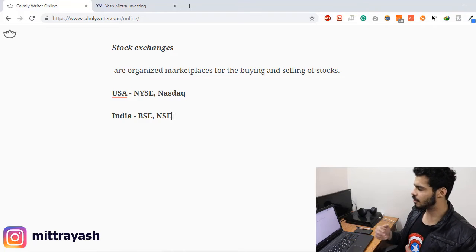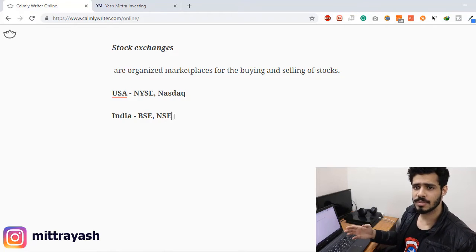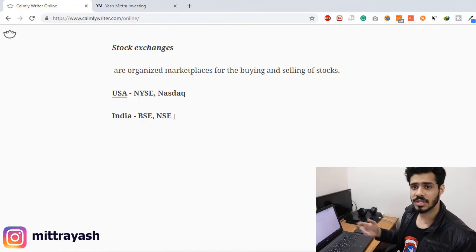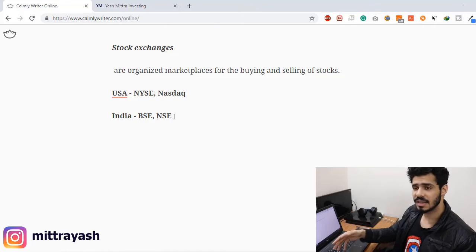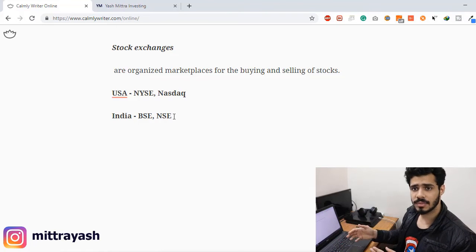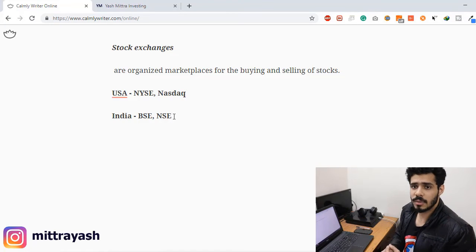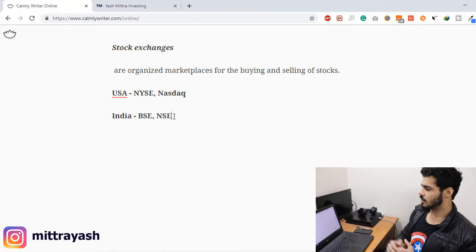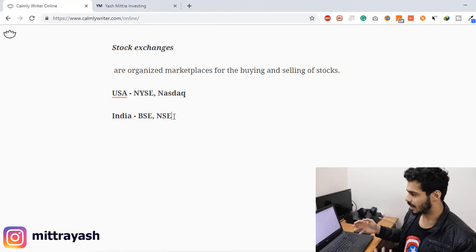All right, and they do provide you with a lot of information on their websites. You can actually go and visit, and you can see that a lot of organized information is present there regarding the companies that they list and regarding the financials. Depending on the different stock exchanges, you have different kinds of information. Sometimes they even help you learn about the market. So there's a whole lot of things that you can see. All right, so that is the concept of stock exchanges.